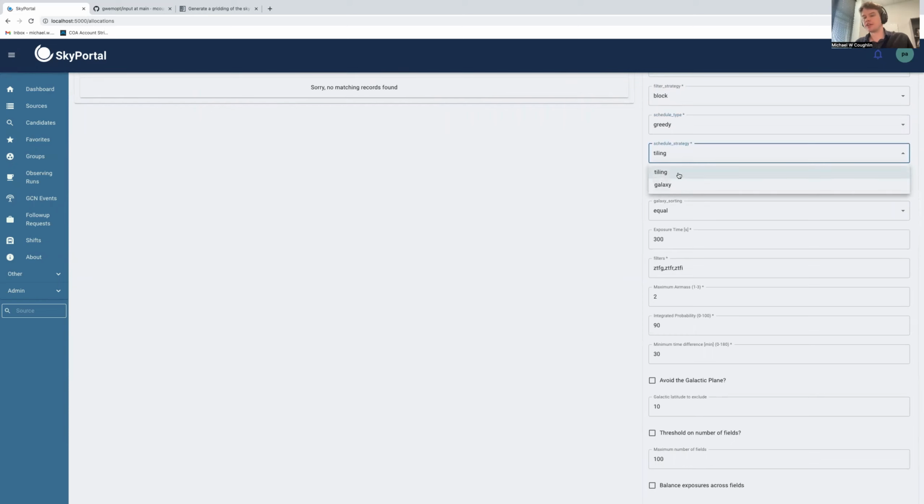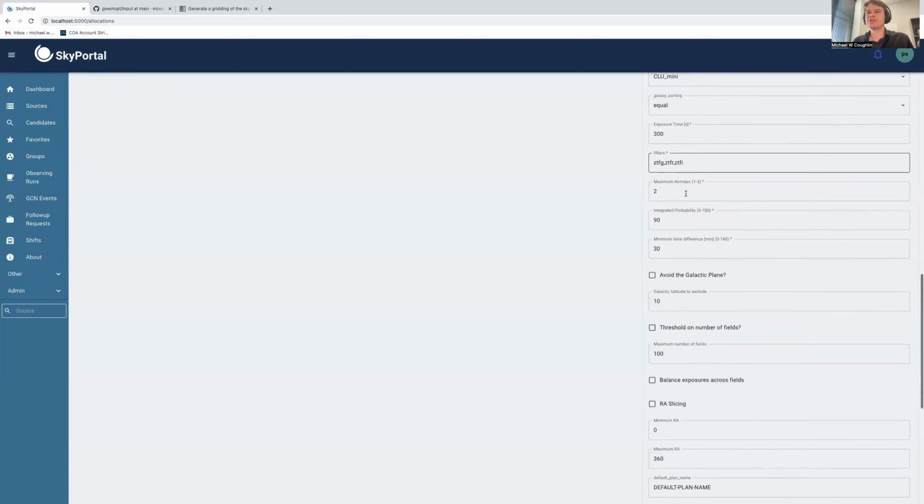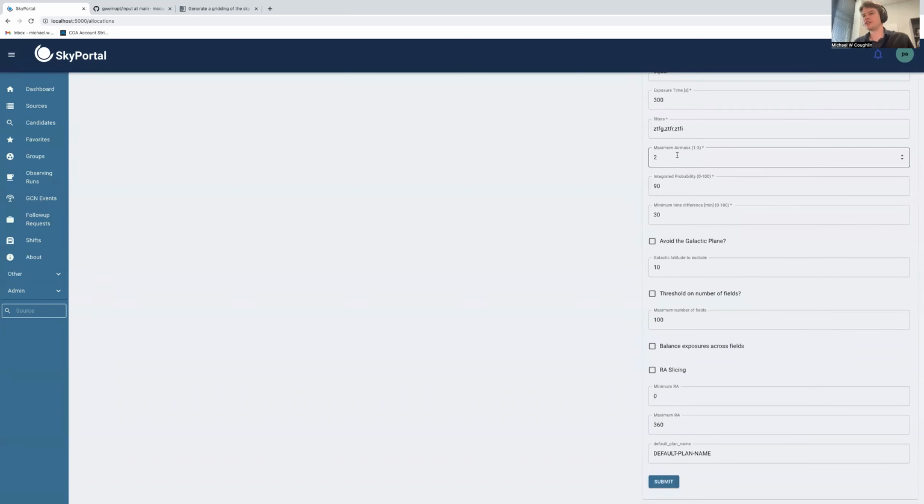For scheduling strategy, there's either tiling for wide field of view telescopes or galaxy targeting. Here I'm going to choose tiling. If you do want, you can choose your galaxy catalog and some parameters with that. You can set your exposure time. 300 seconds seems fine. I'm going to do the 3 ZTF filters, and you can set the maximum error mass,